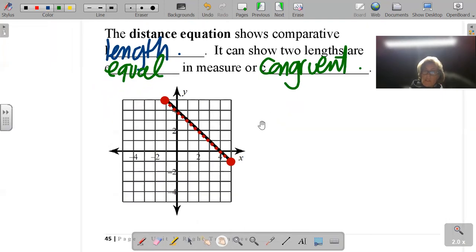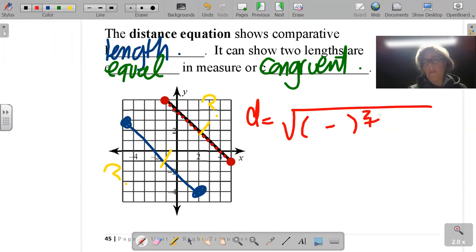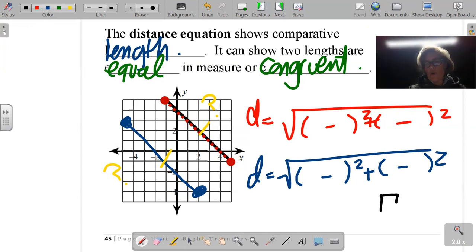So if I have this segment here, the red, let's say I have another segment and I want to show those segments are of equal length, then I would find the distance of the red using the distance equation, and I would find the distance of the blue using the distance equation. And then if my math shows that the distances are equal, then